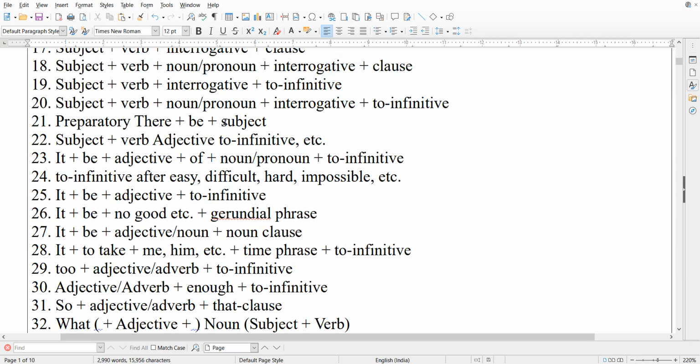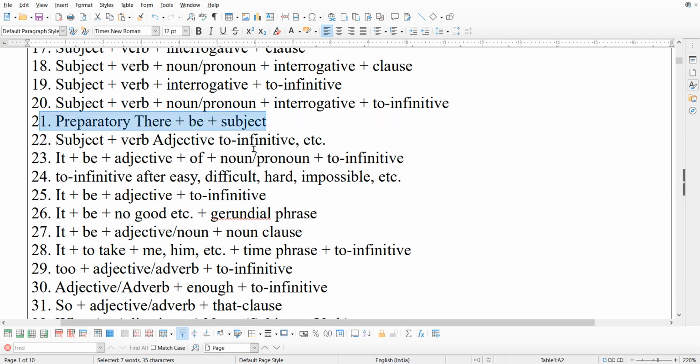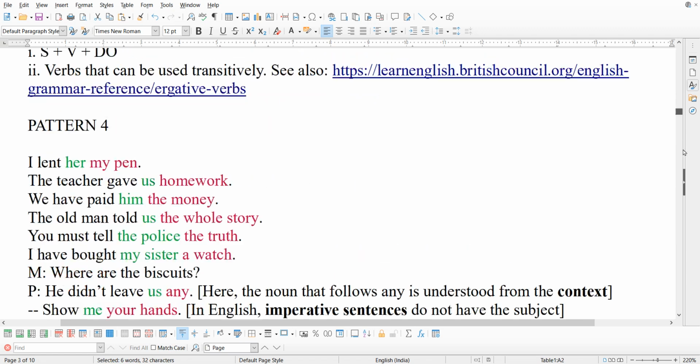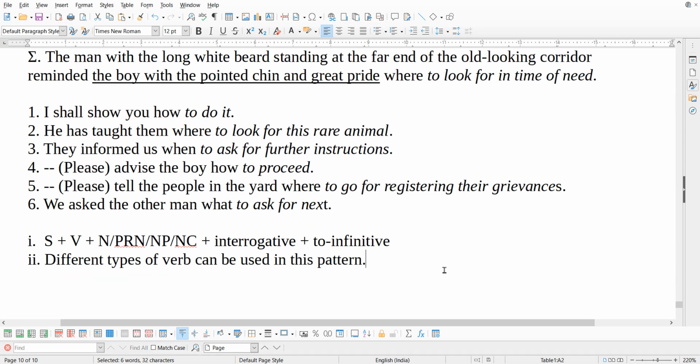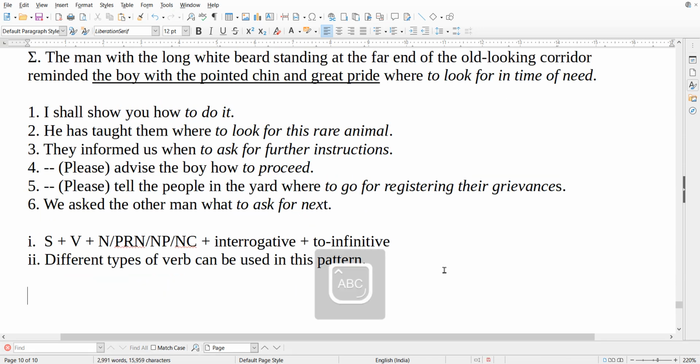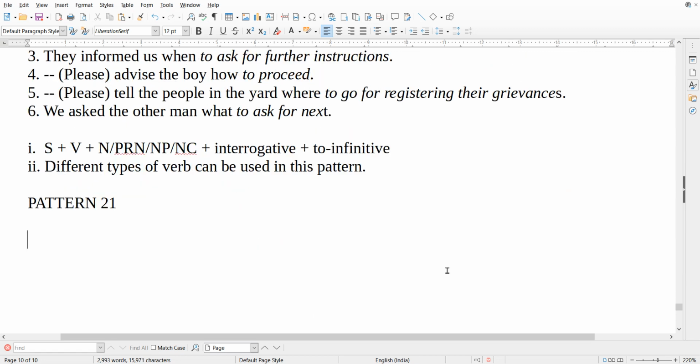Let's start with the structures. The first one: there be plus subject. So as you can see, the subject doesn't start the sentence. Take it for my reference. Don't worry about the preparatory there be. Pattern 21. Some examples are: